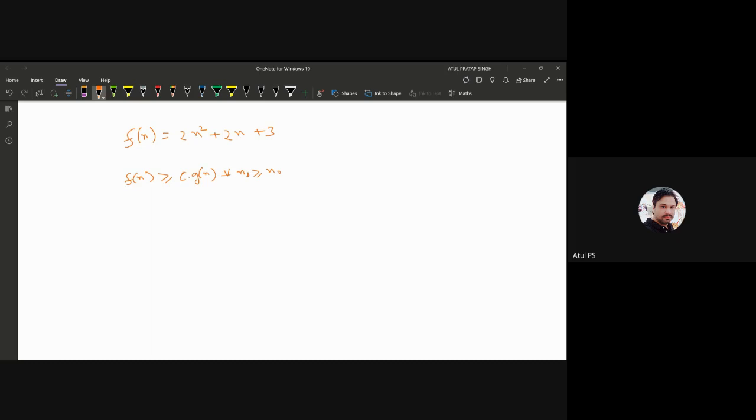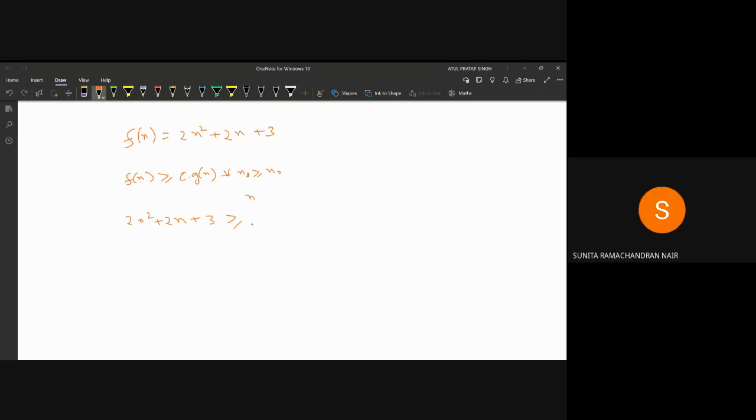So how can we prove this? We have to find out the g of n function from this f of n function. How can we convert this? So we can write it in that way, 2n squared plus 2n plus 3. Okay. So this is the actual function. Can it be written in that way? If we take n,